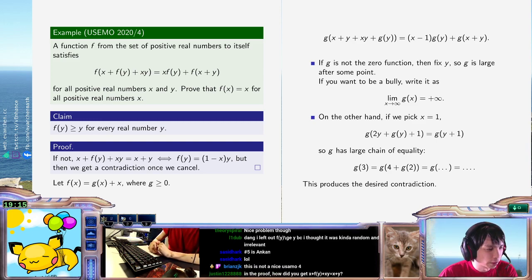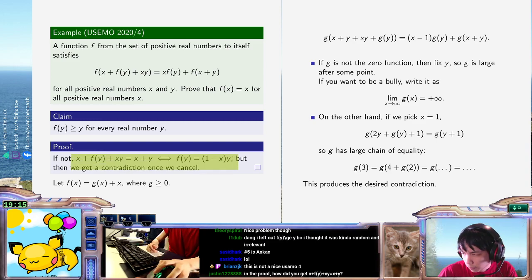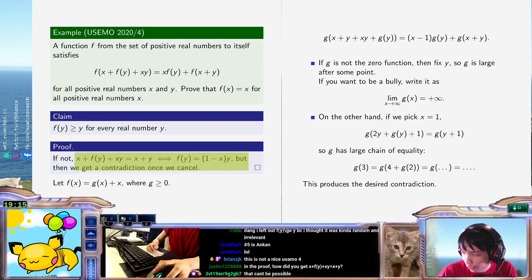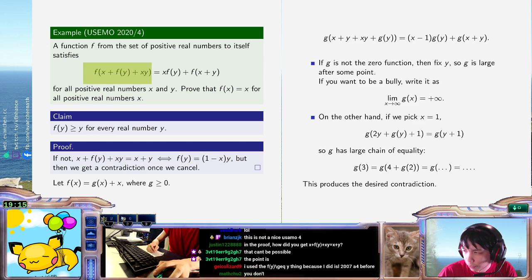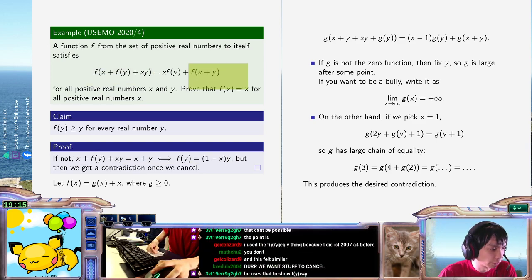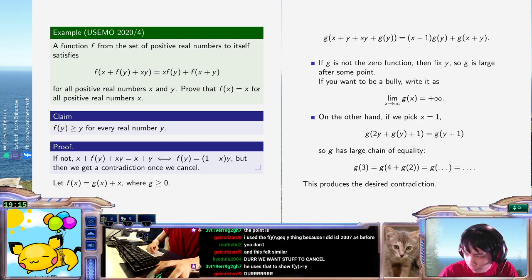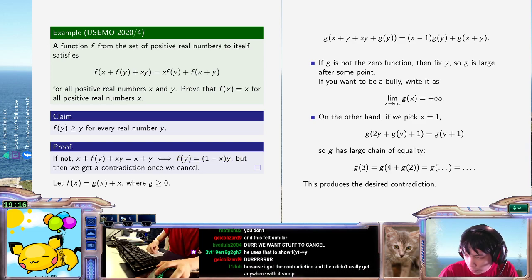In the proof, how do you get x plus f of y? So what's happening is I'm trying to pick pairs x comma y which will cause this term to cancel this term, and if I do, I get a contradiction. So if f of y is strictly less than y, you can pick an x such that this is true, and that will cause a cancellation. This is a very common thing in functional equations: if you have two things, you just say, I want them to cancel, what would I need to get them to cancel? And here, this is the thing you need. In this particular functional equation, because f is a positive function, these can't line up.